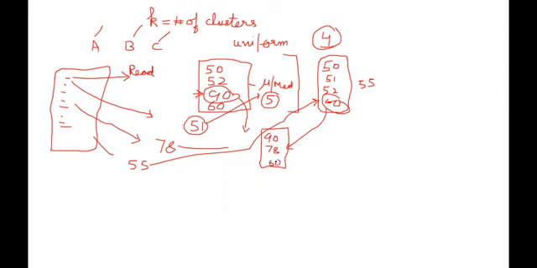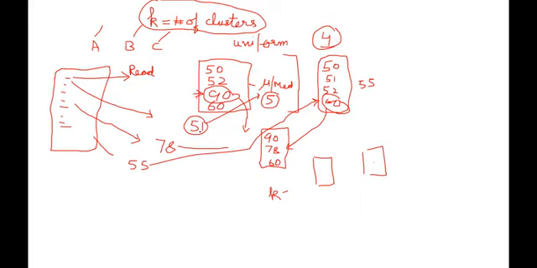So in this way, the number of clusters I have not defined when I started the algorithm, but in the end, when I read out all the values, I will have some clusters created where each value will be nearer to its mean, and the number k depends upon this criteria, that how many values I want in each cluster.